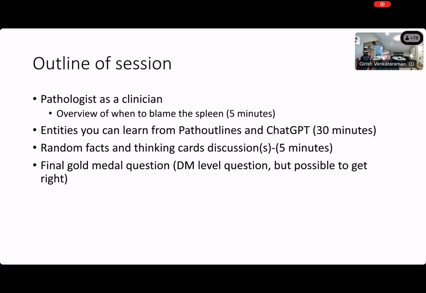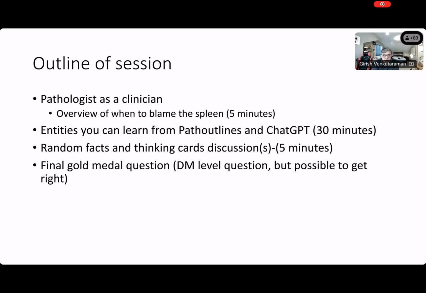The spleen is one strange organ where the pathologist needs to act like a clinician, right? You need to think like you're in internal medicine. You should not think like you're a pathologist just looking at the scope. That's a key part of the spleen, especially clinical lesions. So we will spend 5 minutes discussing some scenarios where you and I will have to think like an internal medicine resident or internal medicine faculty to see if the spleen could be blamed for anything in any of these constellations of findings.